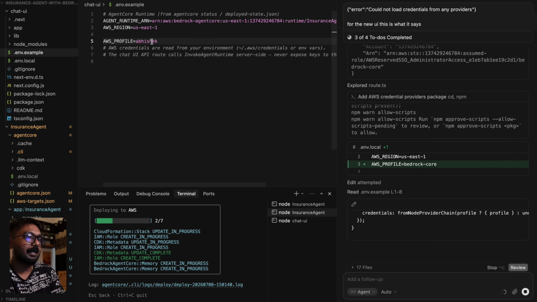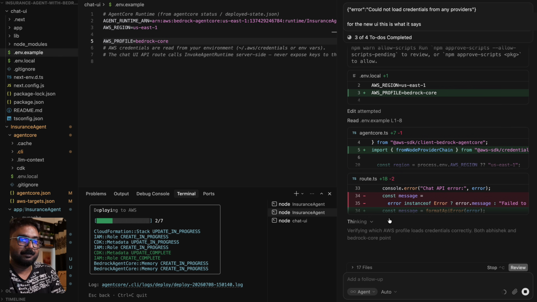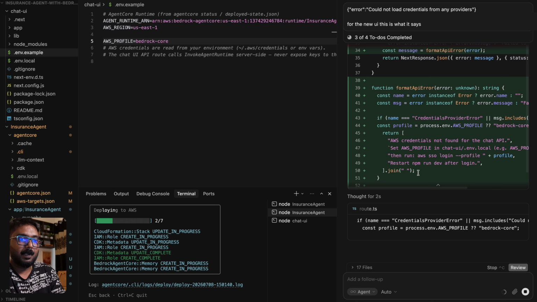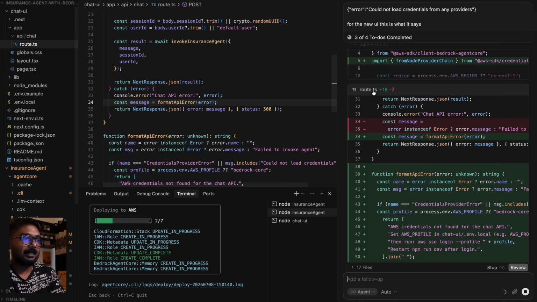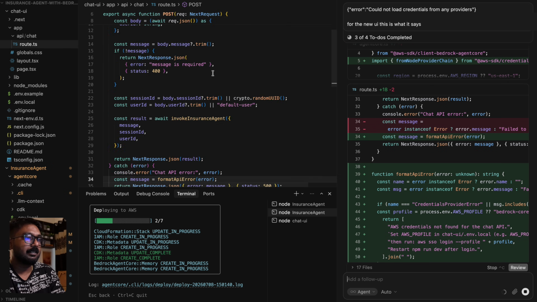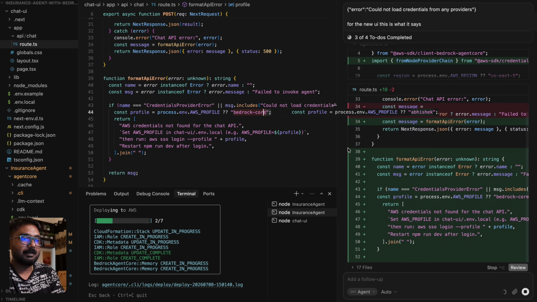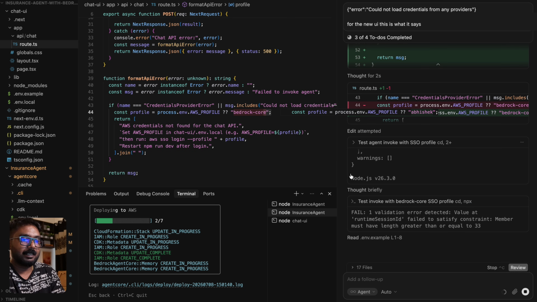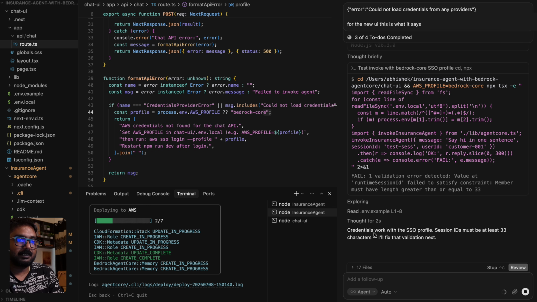Okay, so bedrock core is the profile name, so we'll replace it with bedrock core. That is the profile name that it says is connected, and it's also updating the code to connect it, like route.js is being updated so that it can connect with the profile, right? Yeah, here AWS profile is being taken, or it's hard coding bedrock core so that it can connect from there, right? And it's trying to test it as well,